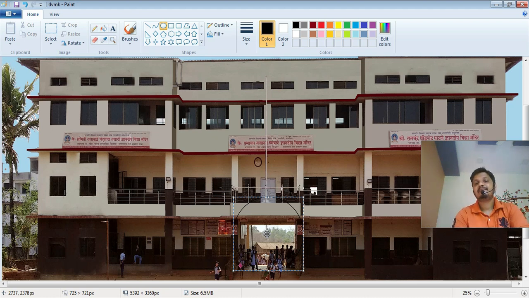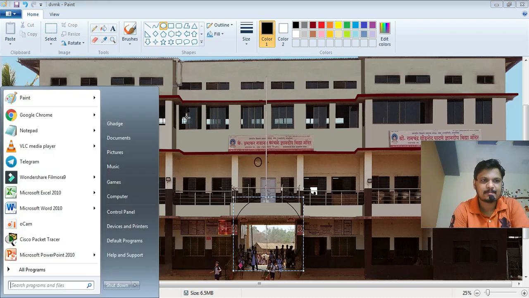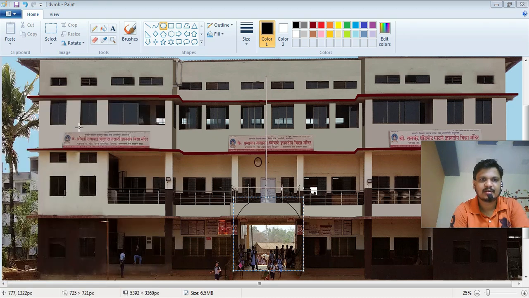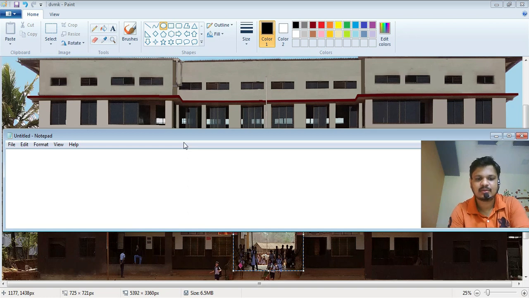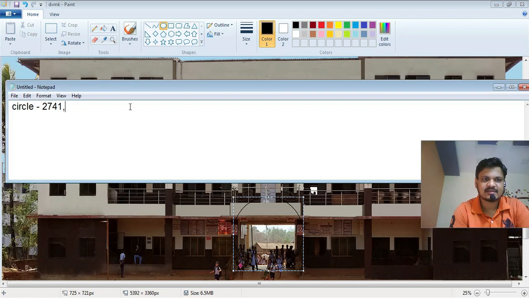Basically image map is used to make clickable areas on a particular image. Now how to take coordinates? Simply go to the center point of that object and note it down: 2741 for circle, comma 2406.